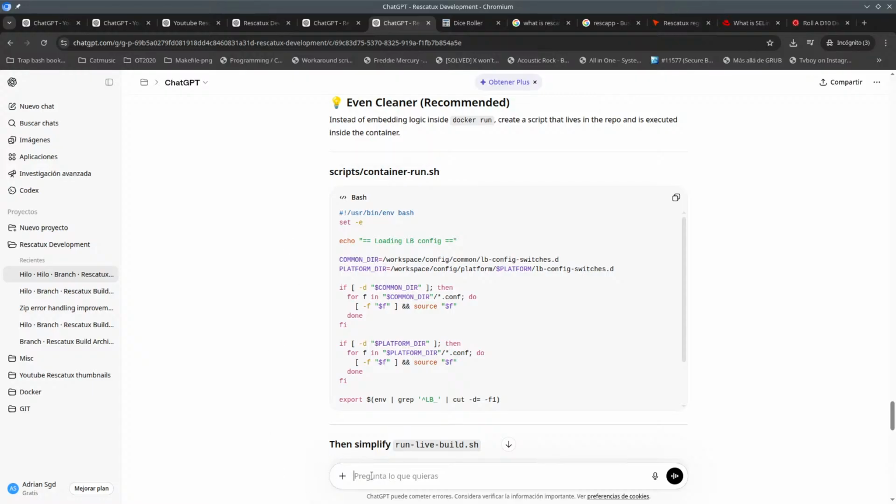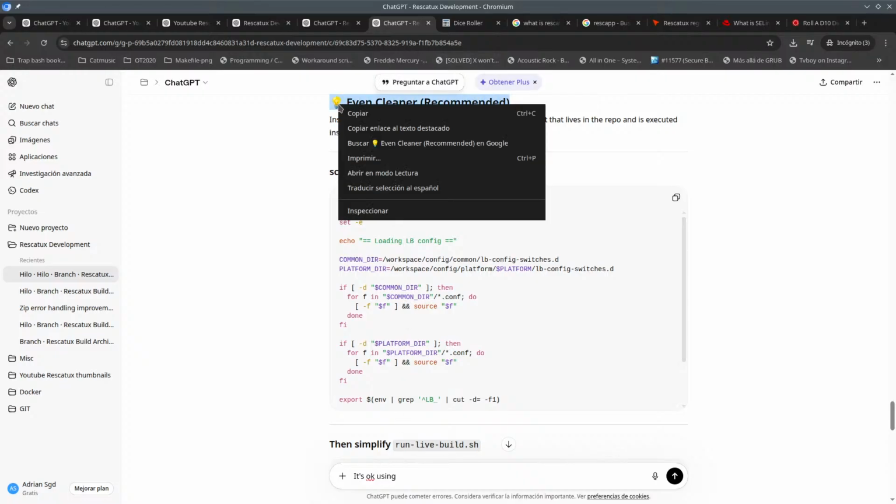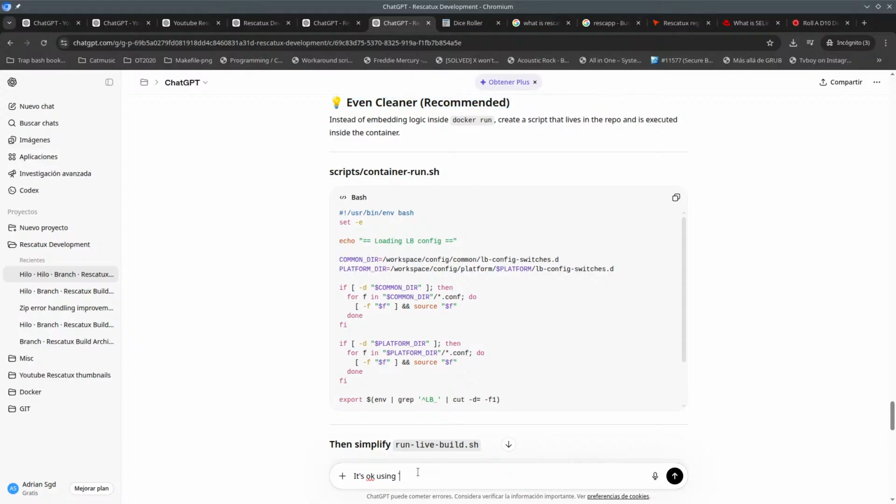It's okay, using even cleaner, recommended, but you have a name for this thing here, which is scripts container run.sh,